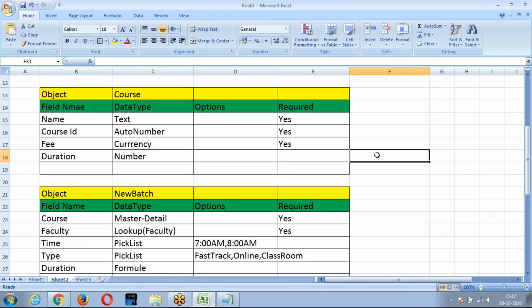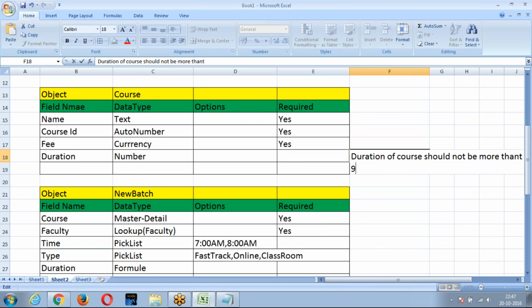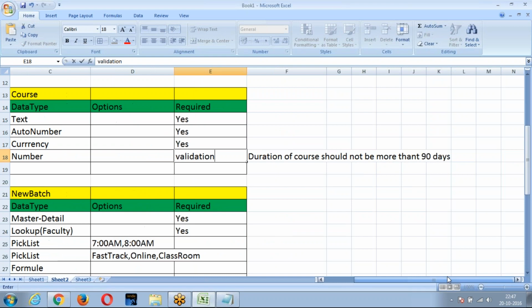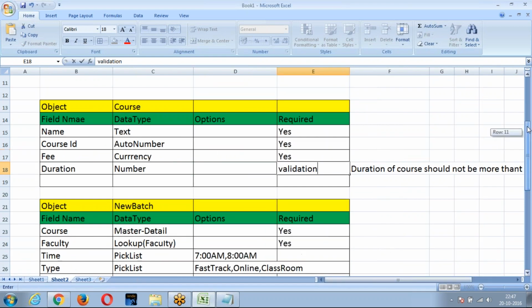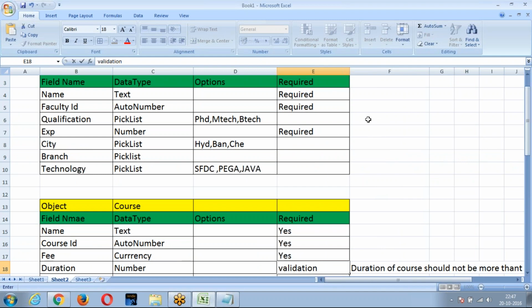Course duration. The duration of the course should not be more than 90 days. If you give the duration of the course more than 90 days, throw an error message. I want to create one validation here. If duration of the course is more than 90 days, throw an error message. Now accordingly, I want to create here